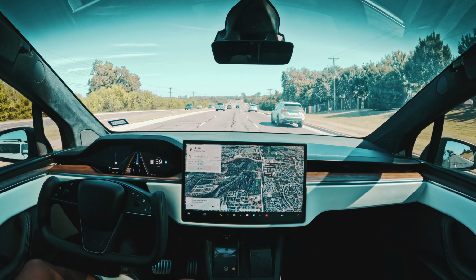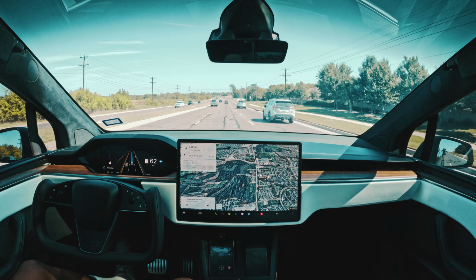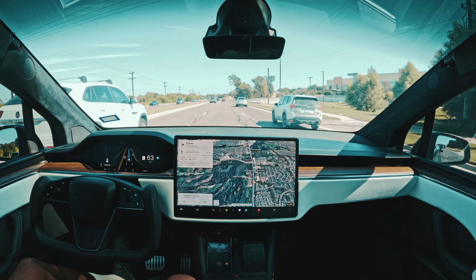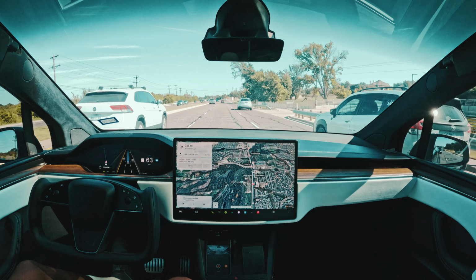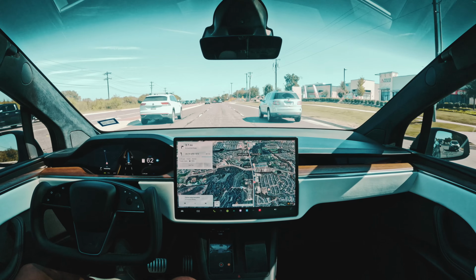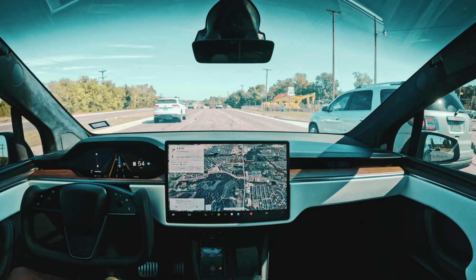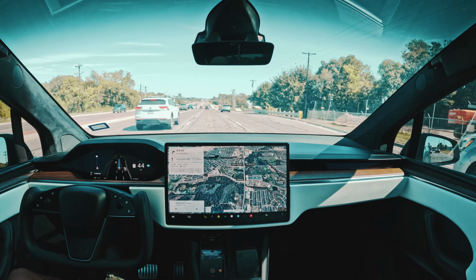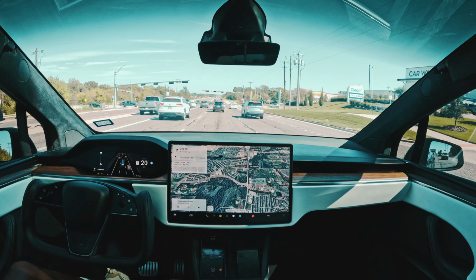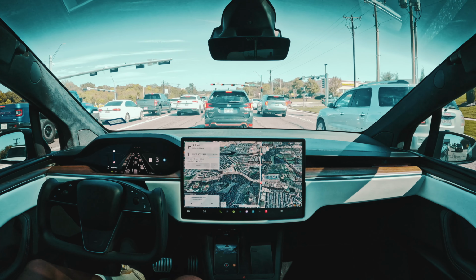But with that being said, at least 90, 92, 93, even 94% of the time, the drives are flawless. And that 6% are issues that I'm aware of and kind of just write off, because I don't know what perfection really looks like from an FSD standpoint. I can't tell you what perfection in regular human driving looks like. I don't even know if you can reach that. So yeah, I think for me, FSD with hardware 3 is already really, really good. So to see a refined version that's even better, you know, but again, I don't see it as being as large of a gap as